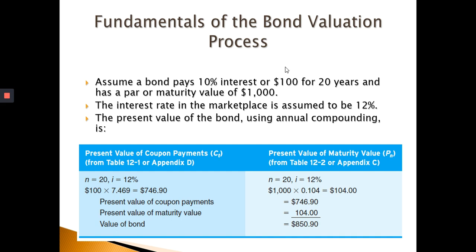So FV, annuity, N, and this is your I. So you have all the information, therefore you can calculate. We have the present value of coupon payment plus the present value of the par value. Over here, N equals 20, I equals 12%, annuity is 100 times the present value annuity table. Under N equals 20, I equals 12%, you can get 7.469. So 100 times 7.469, you got 746.90,